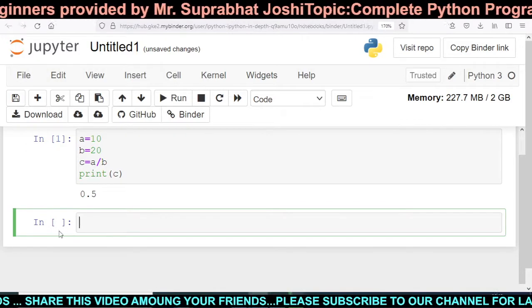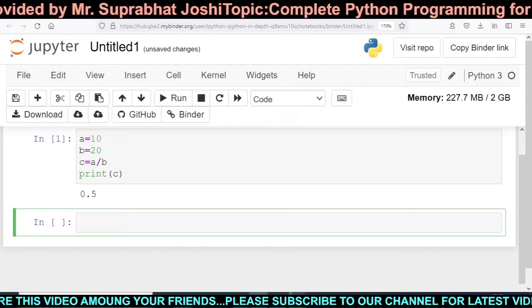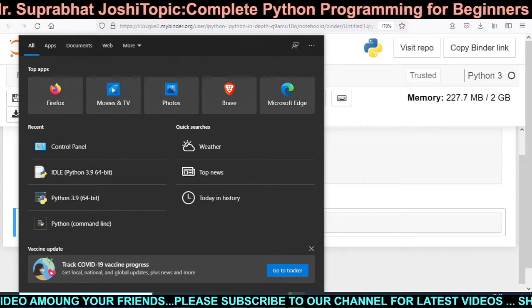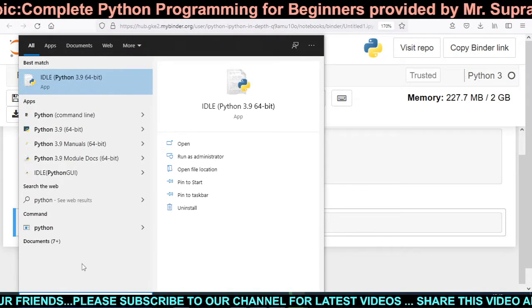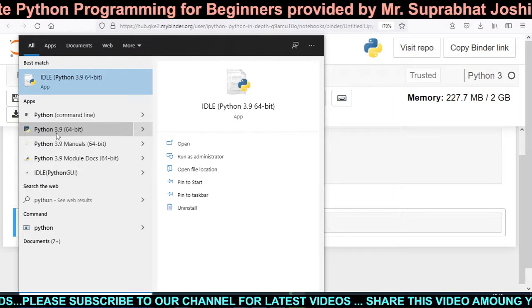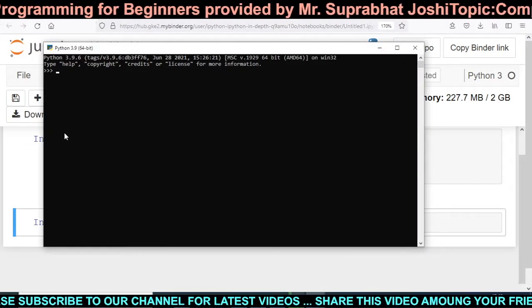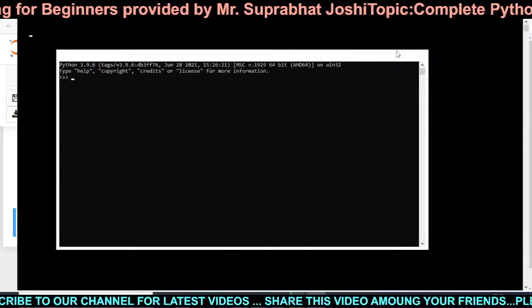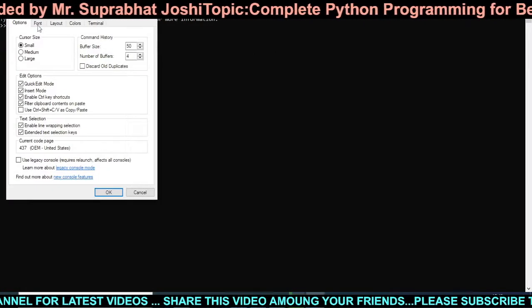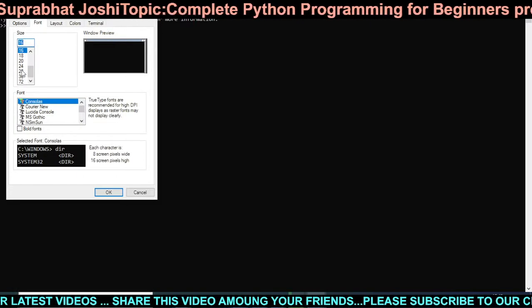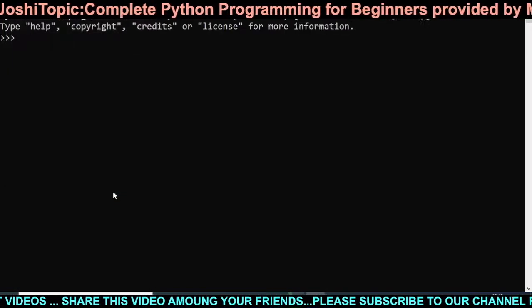Now since our Python is already installed in our system, I will check. Just type Python in the search bar, then Python 3.9 64-bit. This is our shell prompt. You can see this shell prompt. I will increase the font size so that it is more clearly visible.